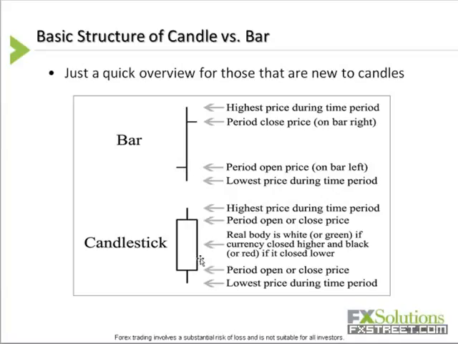Now the candlestick has exactly the same information. The open is either the bottom of the body or the top of the body. The close is the other side. The high is the very top of the wick, and the low is the very bottom of the wick. And this is for each period that we're looking at. So, for example, if this is a daily candlestick, we're looking for the open, high, low, close on a daily